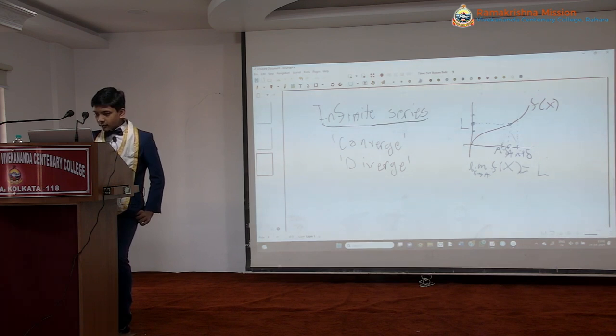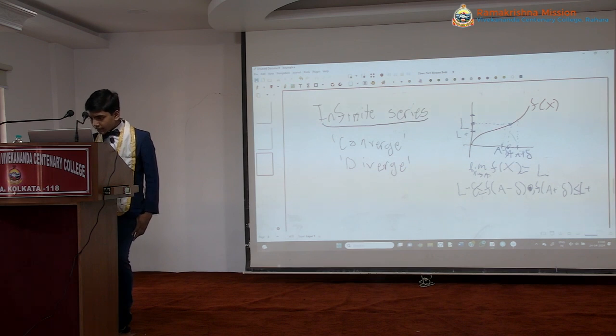For any range a minus delta to a plus delta, the values of f of a minus delta and a plus delta fall in between some L minus epsilon and L plus epsilon for all conceivable or all real